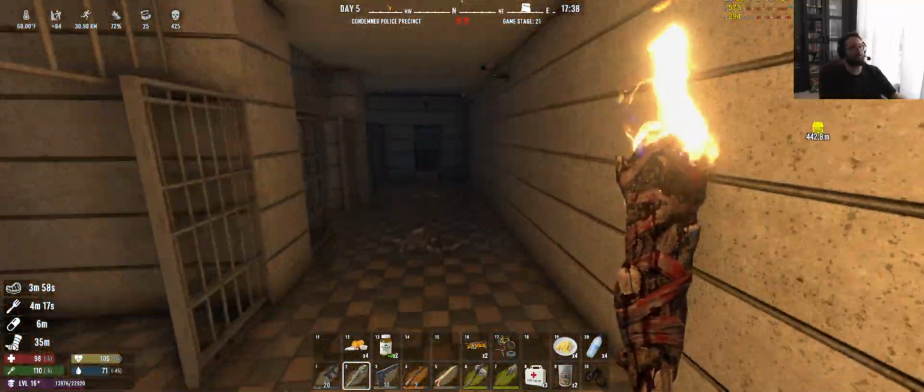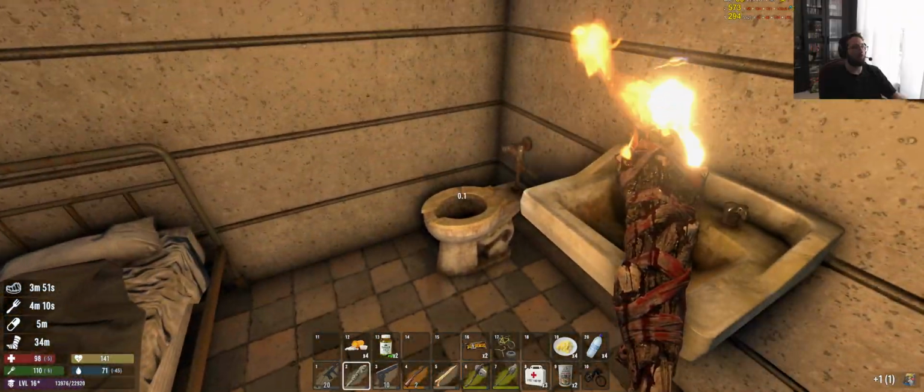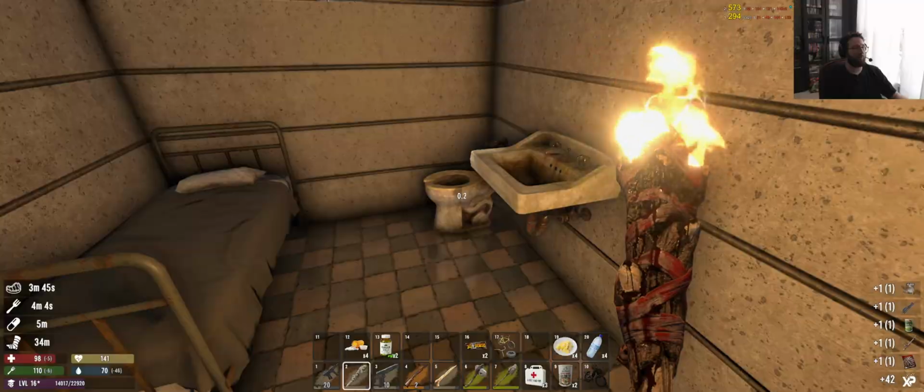Okay, so I think we're supposed to loot over here first. Ooh, books. Ooh, toilets. Yeah, they definitely fixed that toilet knife. I'm kind of glad they did, but once again, it's just...